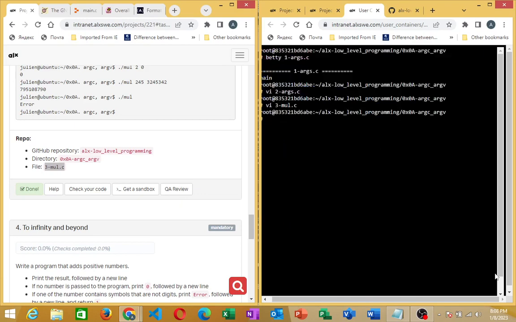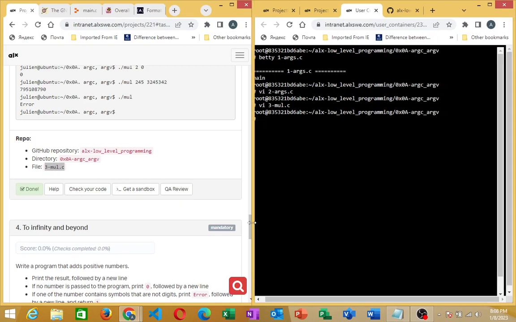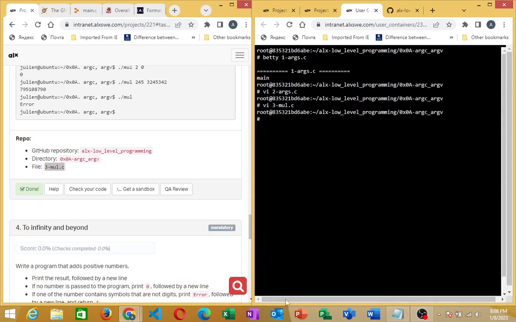So once you are done with that, you can do your Betty. Do Betty and your file name. Then you can do your git add dot, enter. Do your git commit -m, your commit message,